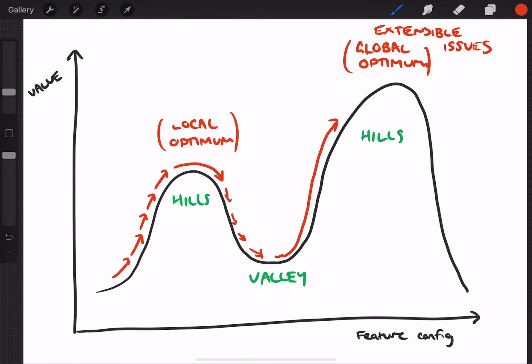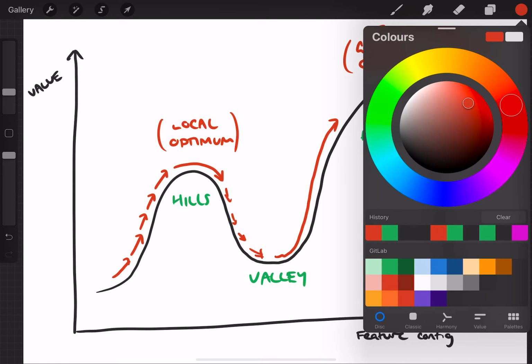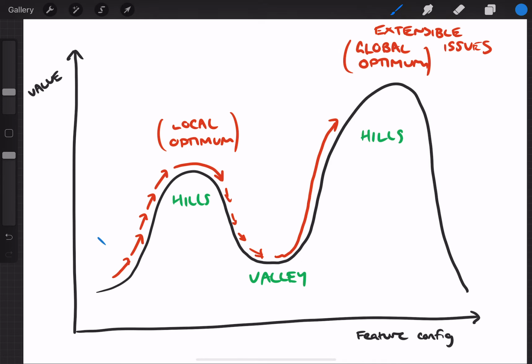And that's a challenge. So it seems that our strategy in GitLab of hill climbing, which is this, is great. But when it comes to a point where we need to make a step change in how a feature works, or there's a different bit of architecture required in order for a feature to work more effectively, this valley crossing strategy, I haven't seen an example of this yet. Maybe I'm being ignorant. So my question is this: